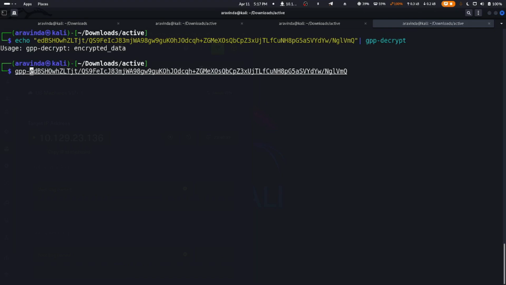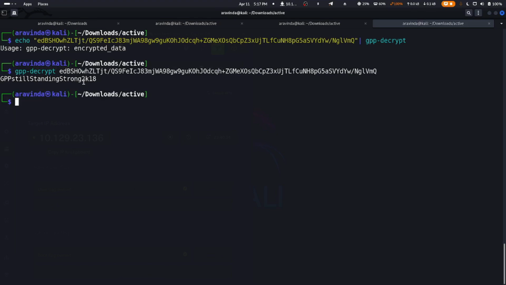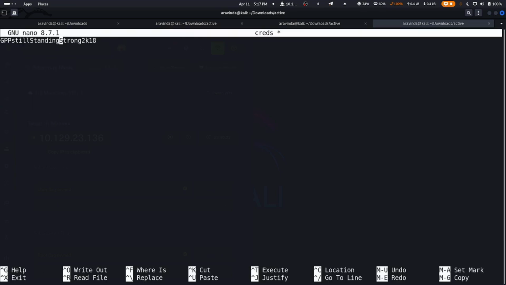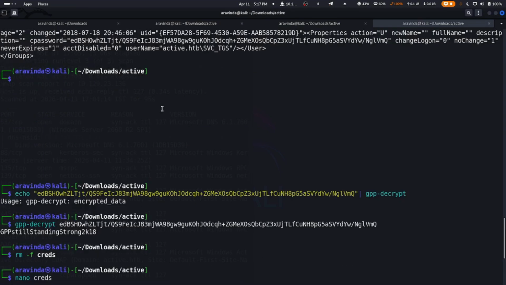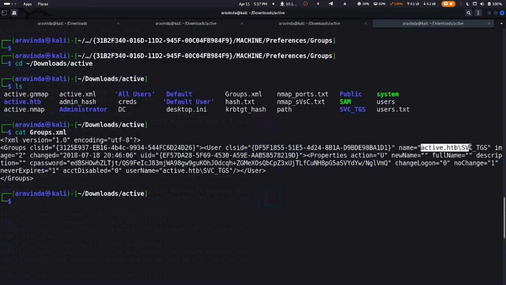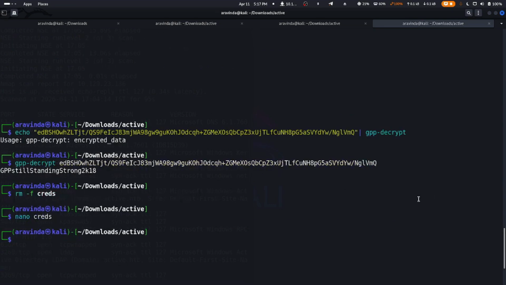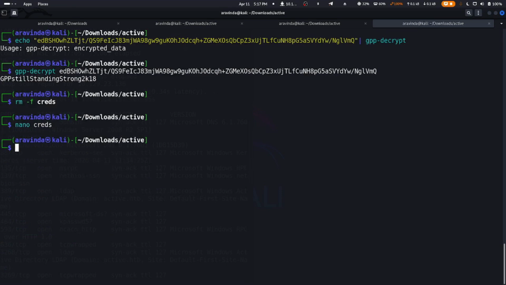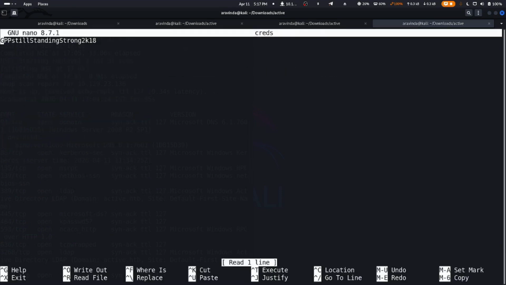So let's do gpp-decrypt, and let's provide the password as an argument, and we get the password. So gpp is still standing strong. 2k18 is the password. Let's do rm -f creds, and let's do nano creds, and let me paste that, and let me save it. Now I will copy this particular svc_tgs, and let's do nano creds again, and let me paste that,